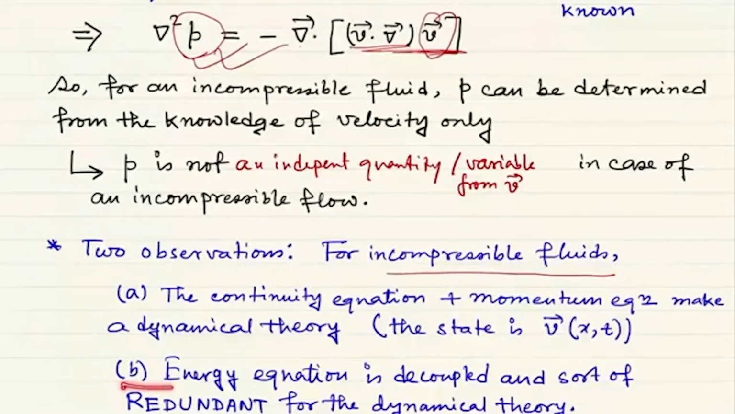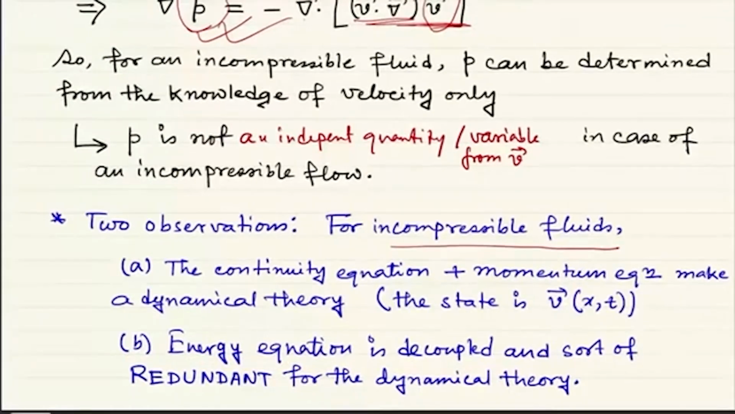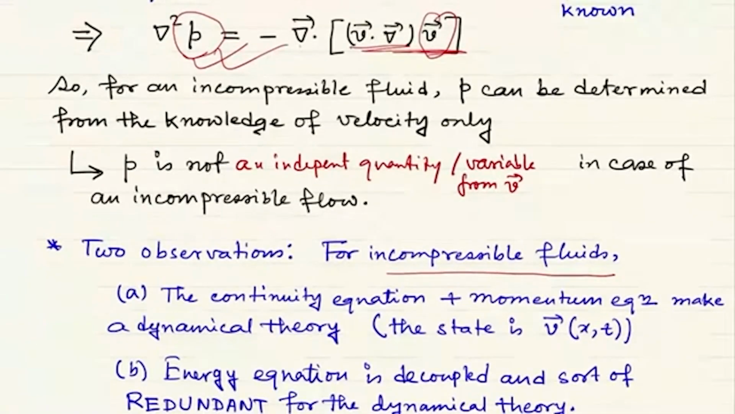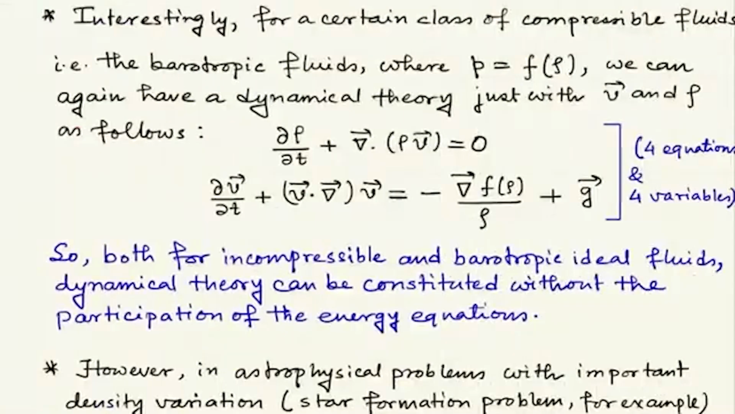And number B is the energy equation is decoupled and sort of redundant for the dynamical theory. Okay, it's redundant, but this is only redundant when we are talking about incompressible ideal fluids. Now, is it the same case for compressible fluids? Well, of course, the answer is not in general, but once again, there is a special family which we